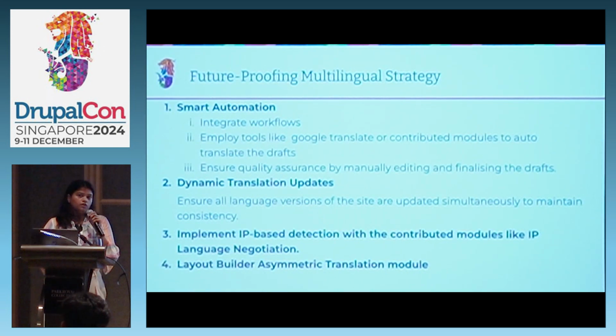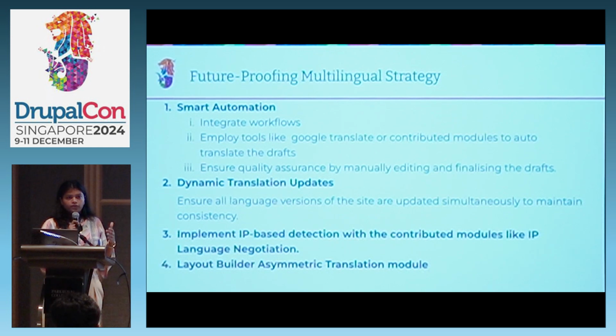Okay, so now that we have come to know how we can set up our multilingual website, and what the best practices and the performance and SEO parts are, let's talk about how we can maintain the future proofing of it. The first, I think, is we can implement smart automation, like we can integrate different workflows for the content editors, and